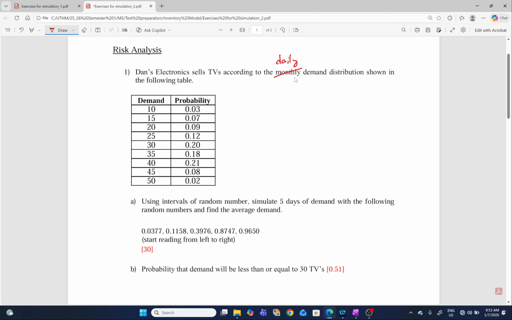Alright. There's a typo here. This is not monthly, this is daily. Okay. The demand distribution is shown in the following table. Okay, like this. And